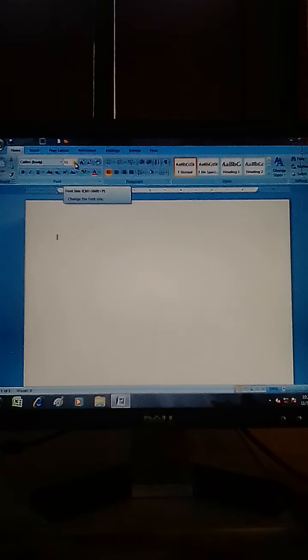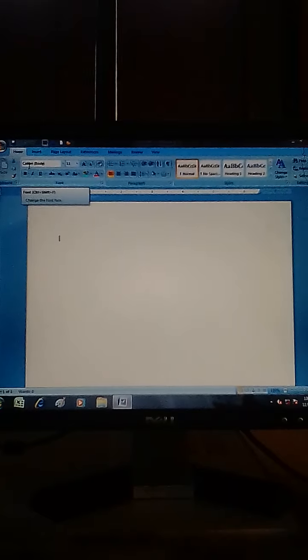Here you can see that this is the Home tab, and in it we can increase or decrease the font size of the letters, whatever size we need or require based on the description of our document.